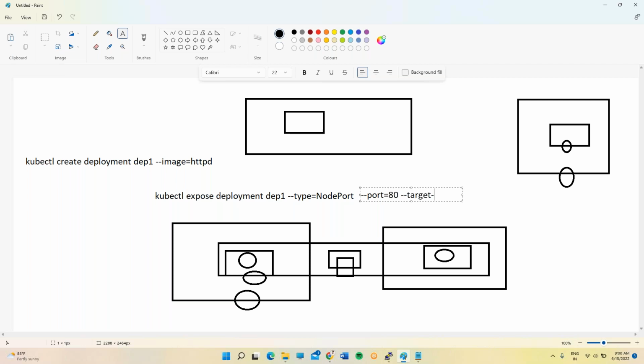Hyphen target hyphen port. What is target port, as I told? What is target port? Container port. So container port should be based on the application, right? Always the same in Docker also. So if it is application HTTPD, 80 is the port number. Okay. Next,